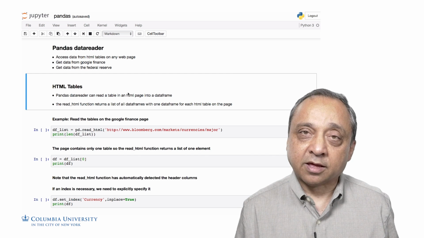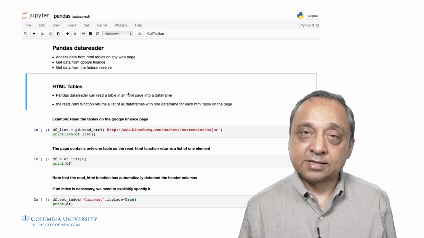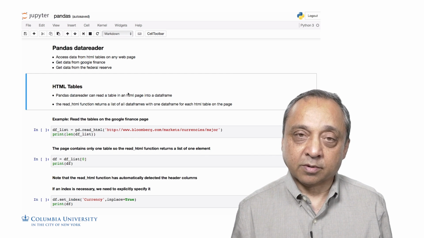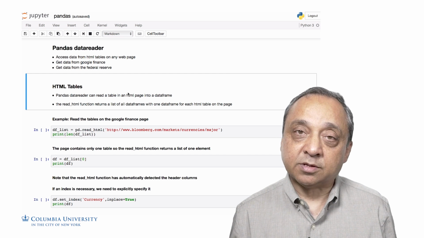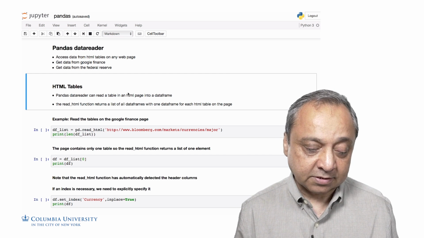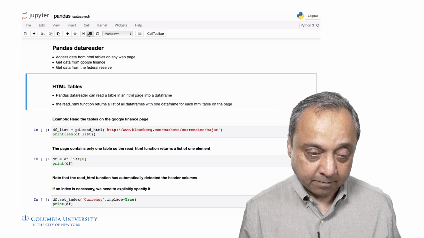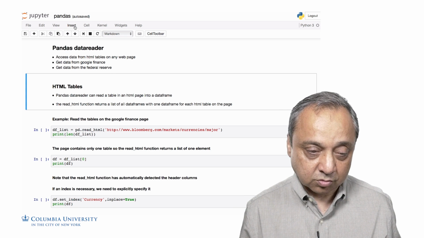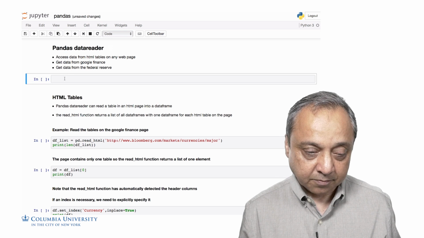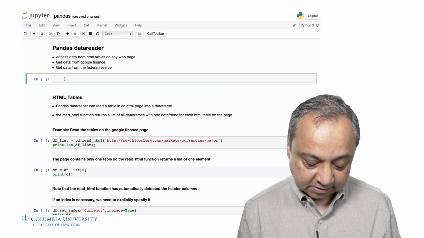So for any HTML page that contains tables, we can use pandas to extract the tables from that page. So what are the tables in an HTML page? Tables contain the table tag, this tag here. If I do insert, so anything that's inside